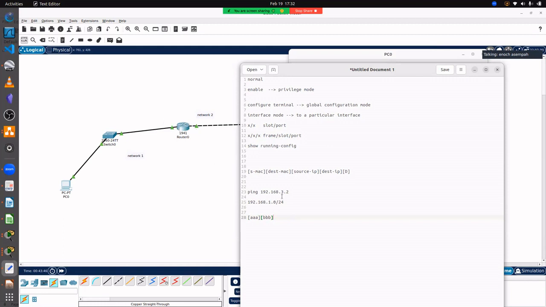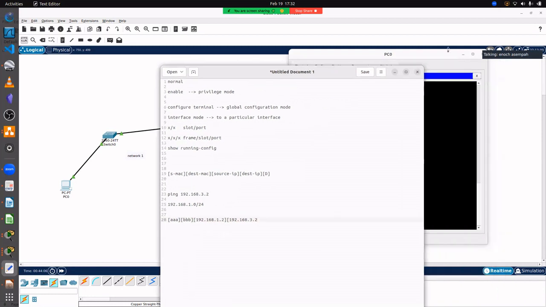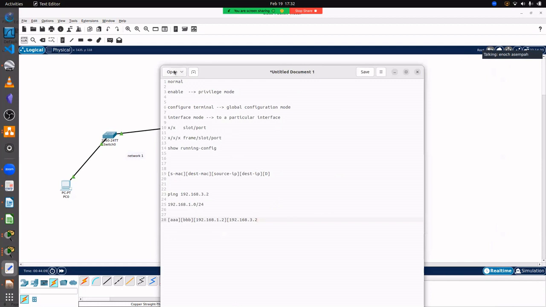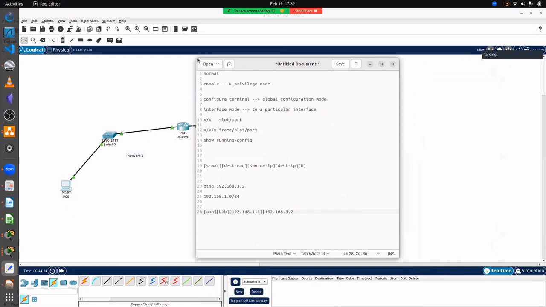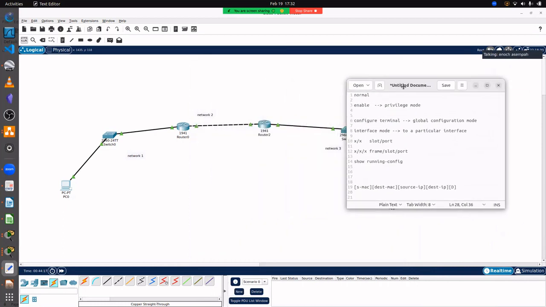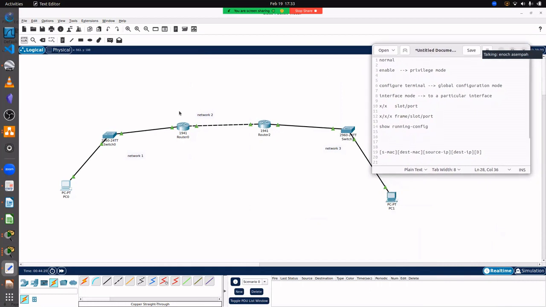So it comes to this port, and then the source IP will be 192.168.1.2. That's this guy's IP. That's the source IP. And then the destination, that's what it's trying to ping, is 192.168.3.2. It's trying to ping our other device here, our other PC here. You want them to reach each other. So I think the main lesson here is to be able to reach each other. That would be the whole lesson. So currently what happens is